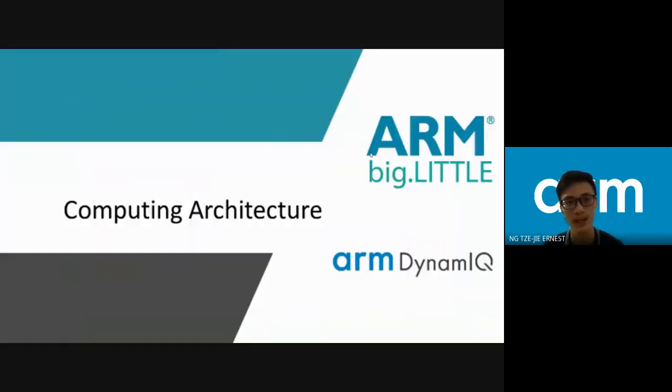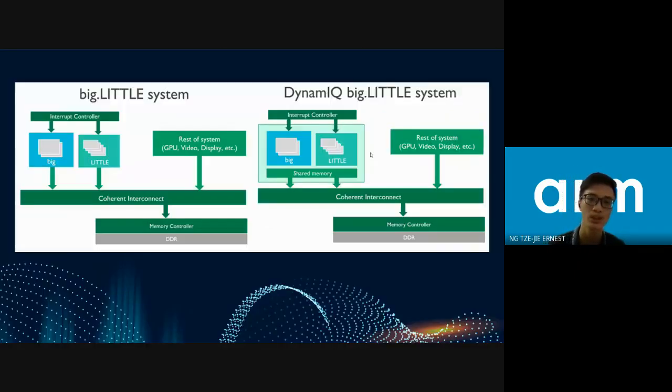Next will be the processing architecture. What is so special about ARM big.LITTLE and DynamIQ big.LITTLE processing architecture? The big.LITTLE technology is a heterogeneous processing architecture that combines 2 different processors together in an SoC, with the big processor designed for maximum computing performance and the small processor designed for optimal efficiency. The big.LITTLE technology will dynamically allocate workload to the processors accordingly, based on the processing intensity required for that particular workload in achieving the most efficient power envelope, fulfilling the high performance demand and long battery life at the